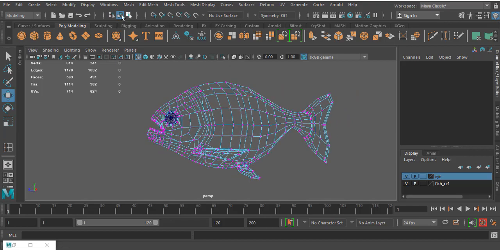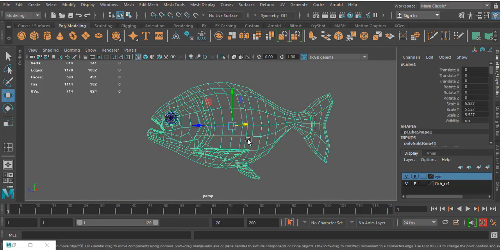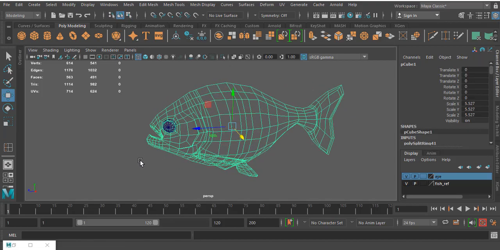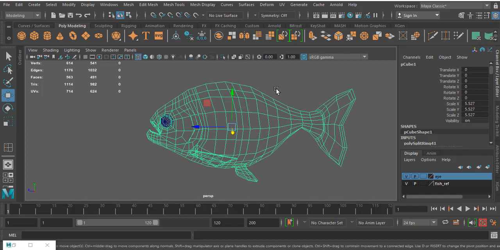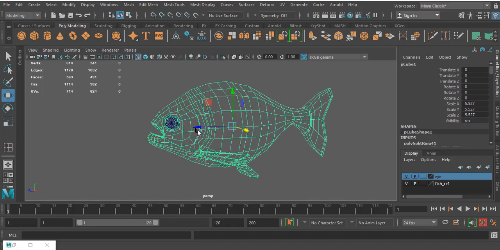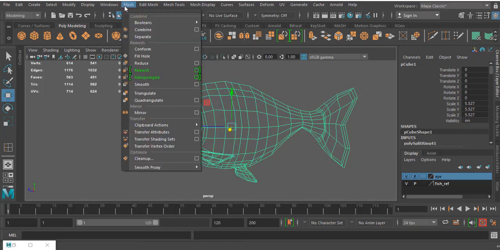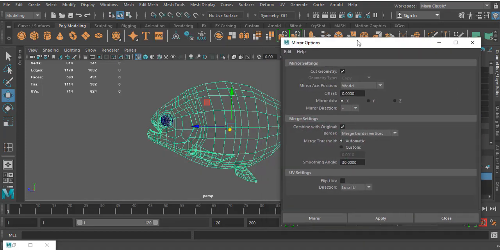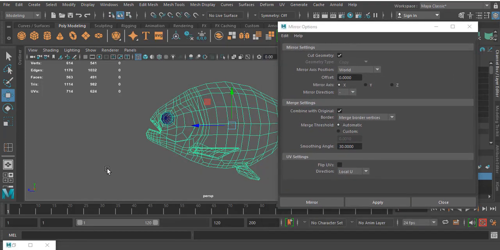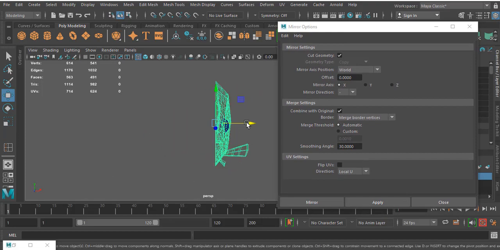Now what you have to do is duplicate this, or mirror this. I left all these fins because I want to create them once I finish my mirror option. So I'll just select this, go to mesh, mirror option, option box. You can find the axis. Which is the opposite axis? This is the X axis. The X axis is already selected over here, minus value is there.